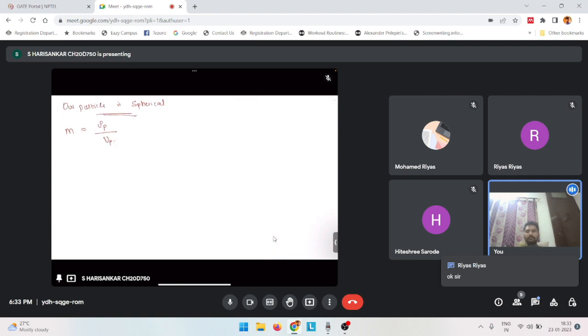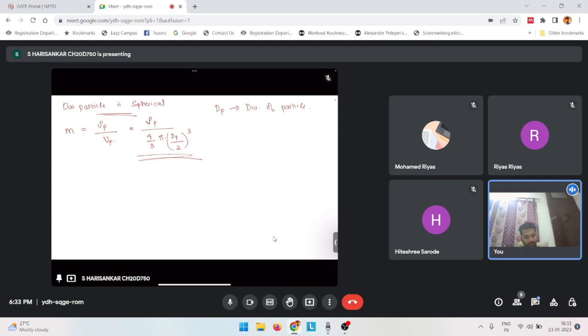So this mass, we'll try to write it as density by volume. Because it is a sphere, the volume of the particle will be 4 by 3 into pi dp by 2 the whole cube. Right, 4 by 3 pi r cube. So here dp is the diameter of the particle. So what we'll do is we'll try to substitute this m in our equation, and we'll get a